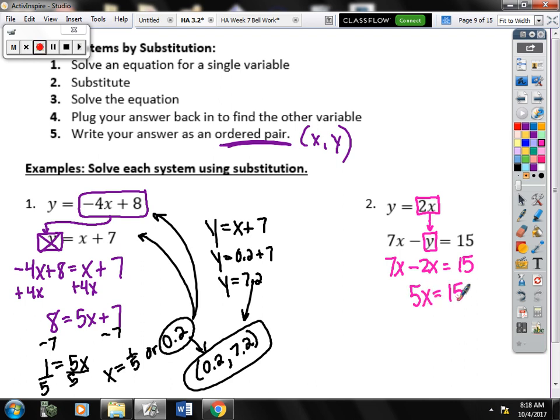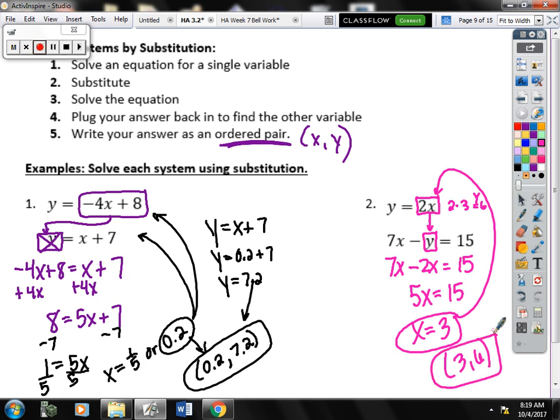And then combine your like terms on the left. 7 minus 2 is 5. Divide and we get x is 3. Plug 3 back into one of the two equations to find out what y is. I'd do equation 1. We'll get 2 times 3, which is 6. So my ordered pair is 3,